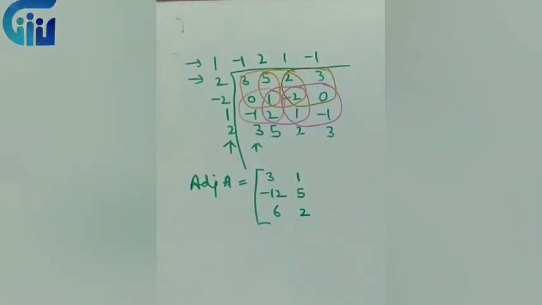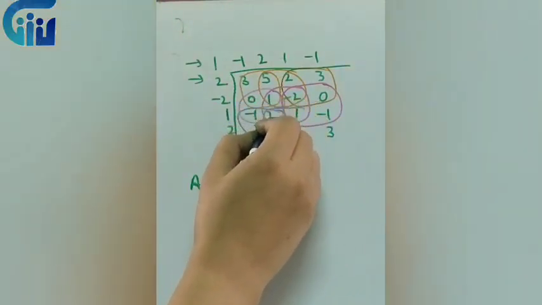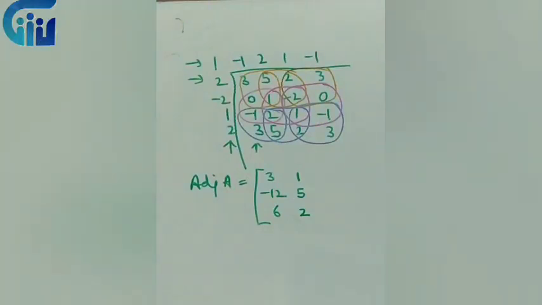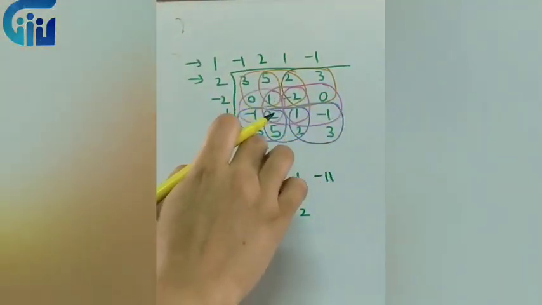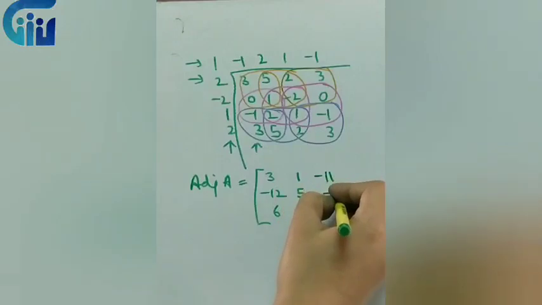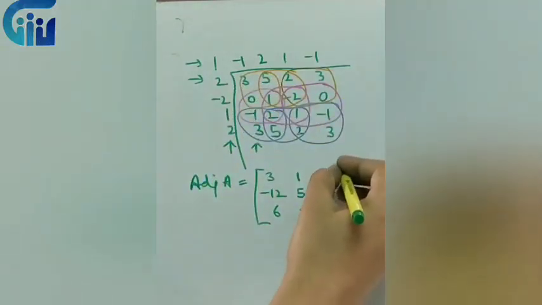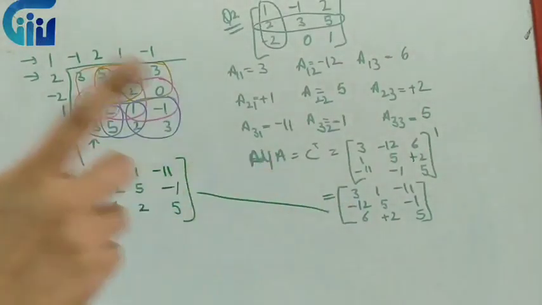So next again, for the other circles, we will have the last circles as this pair and this particular pair. So the first pair, if I find, what is it? 5 into minus 1 is minus 5, minus 6, that is minus 11. So I'll write it like this. 2 into 2 is 4, minus 5, that is minus 1. 3 into 1, 3, plus 2, that is 5. So we observe these two adjoints are exactly the same.